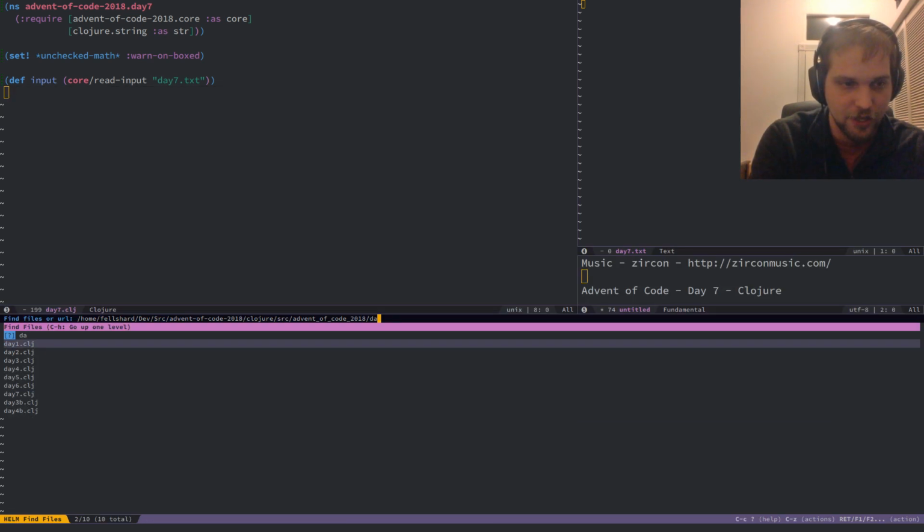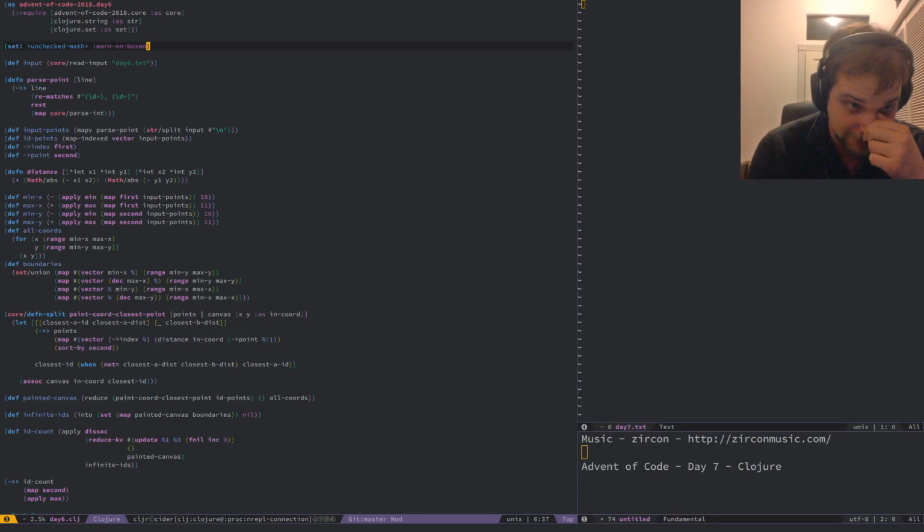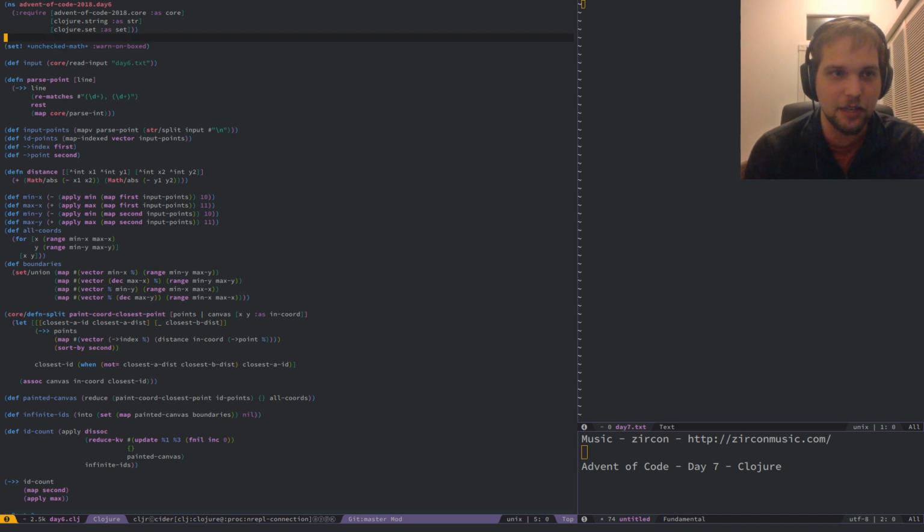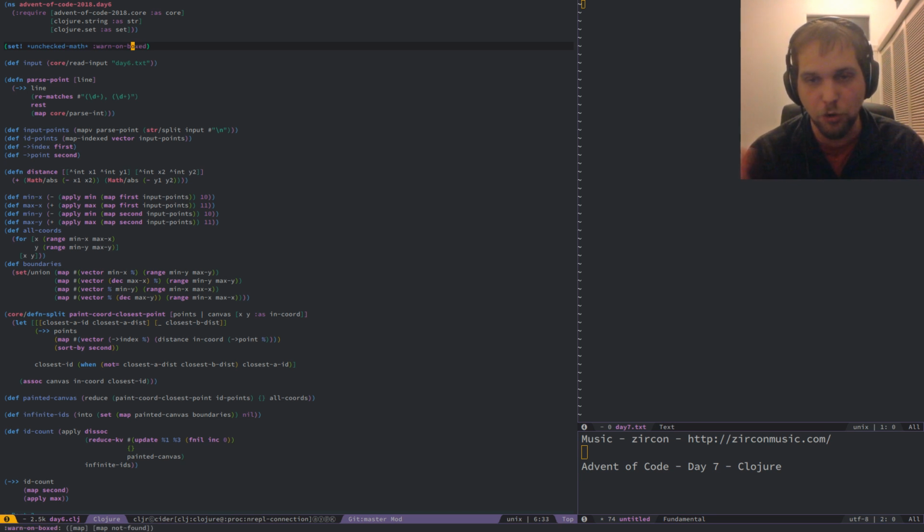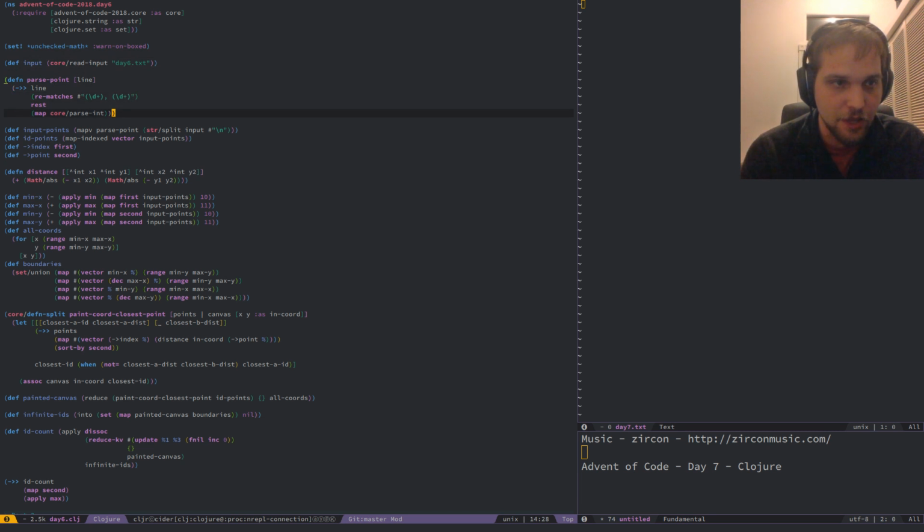Let's see, day 6. So, one thing I did find out, based on a couple of hints from people, first of all, there's this awesome tool for Clojure. I can set a dynamic variable, unchecked math, to warn on boxed, and I believe that means when it's doing any sort of reflection or boxing or unboxing of numbers, it'll let you know. So when I turned that on, it let me know that there's a few places where it's doing boxing and unboxing, but the most critical place, it was doing a lot of boxing and unboxing right here in distance, and